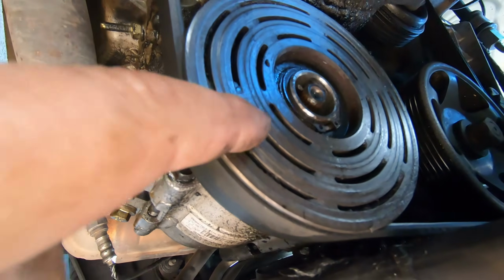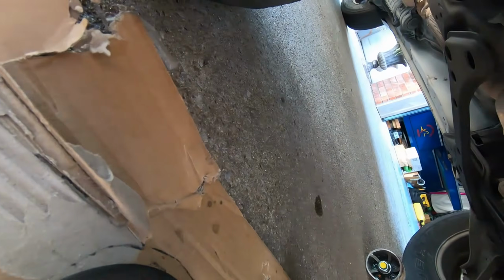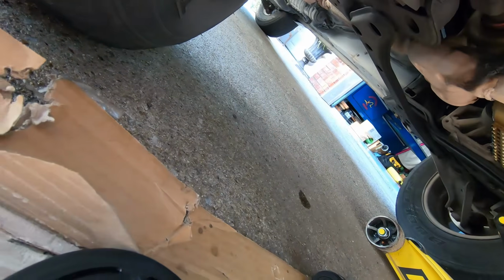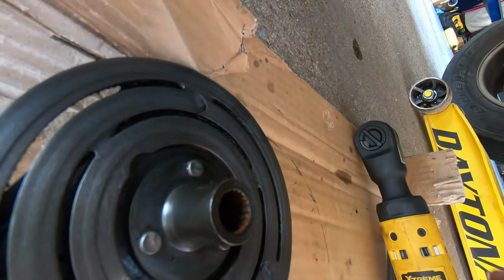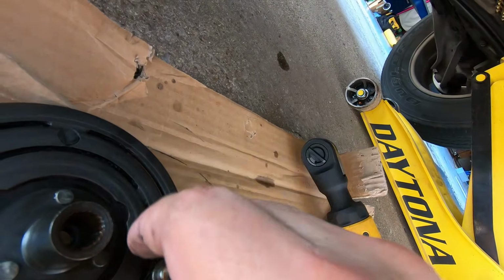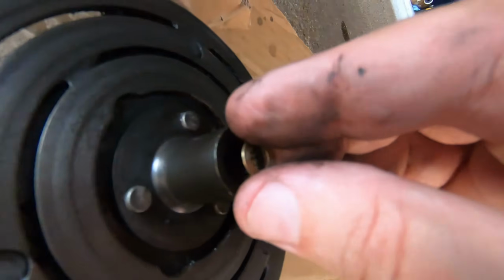And you can tell the kind of wear that this thing's got. I mean, it definitely has a lot of wear on it, along with the face of this hub here. But if you can get away with not having to replace anything, why not go for it? First thing I'm going to do, make sure my bolt, if my measurements were correct, I just want to make sure the bolt will go in there. This should drop down in here,